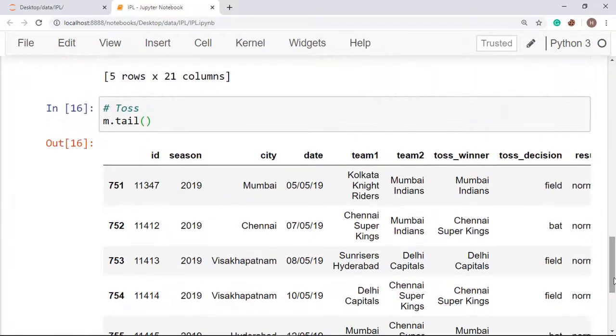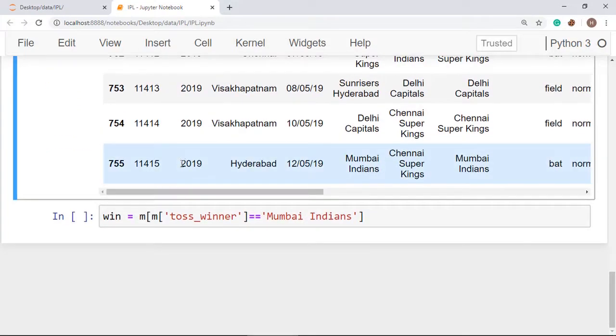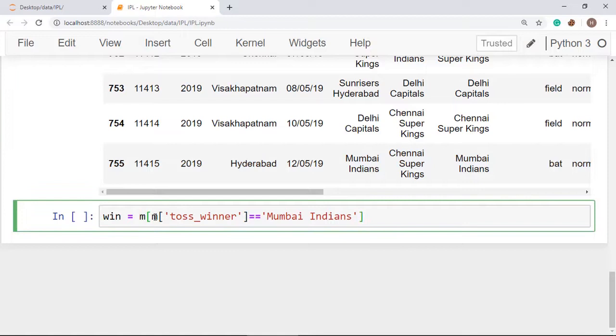See, don't forget to write the correct column name, otherwise you will get an error. So first of all, we have taken the whole data set M, and then inside that we are checking the column toss winner where the value is Mumbai Indians, and we are fetching out all these rows and storing them in a win. Means by using this syntax we will be collecting all the rows where a particular team has won the toss.